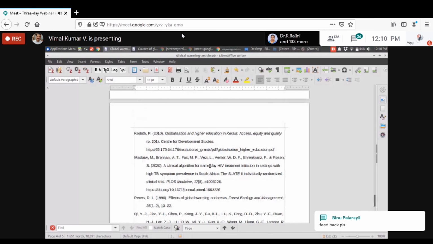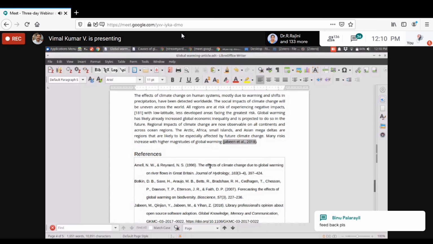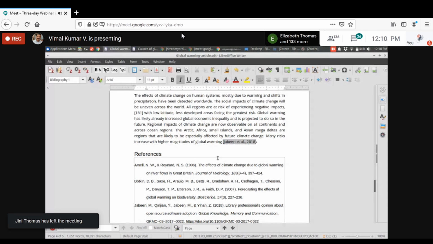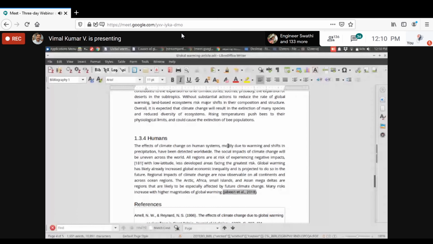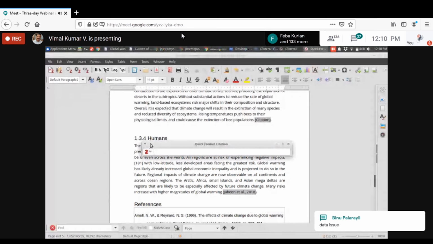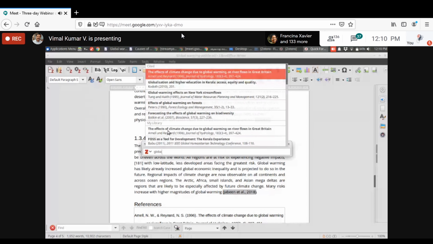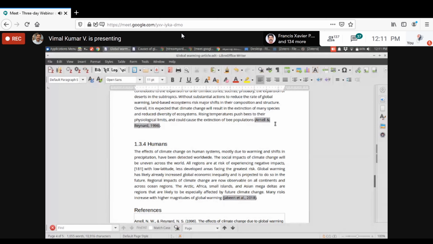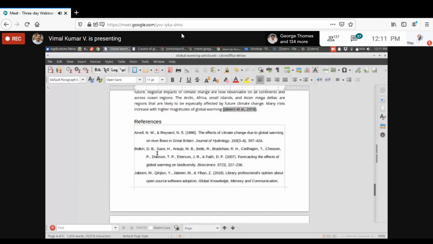It will generate the reference list or bibliography at the end of the article. Once you generate the bibliography, suppose you need to add or edit a reference, just add the new one, then refresh. The newly added reference will also display at the end of the reference list.